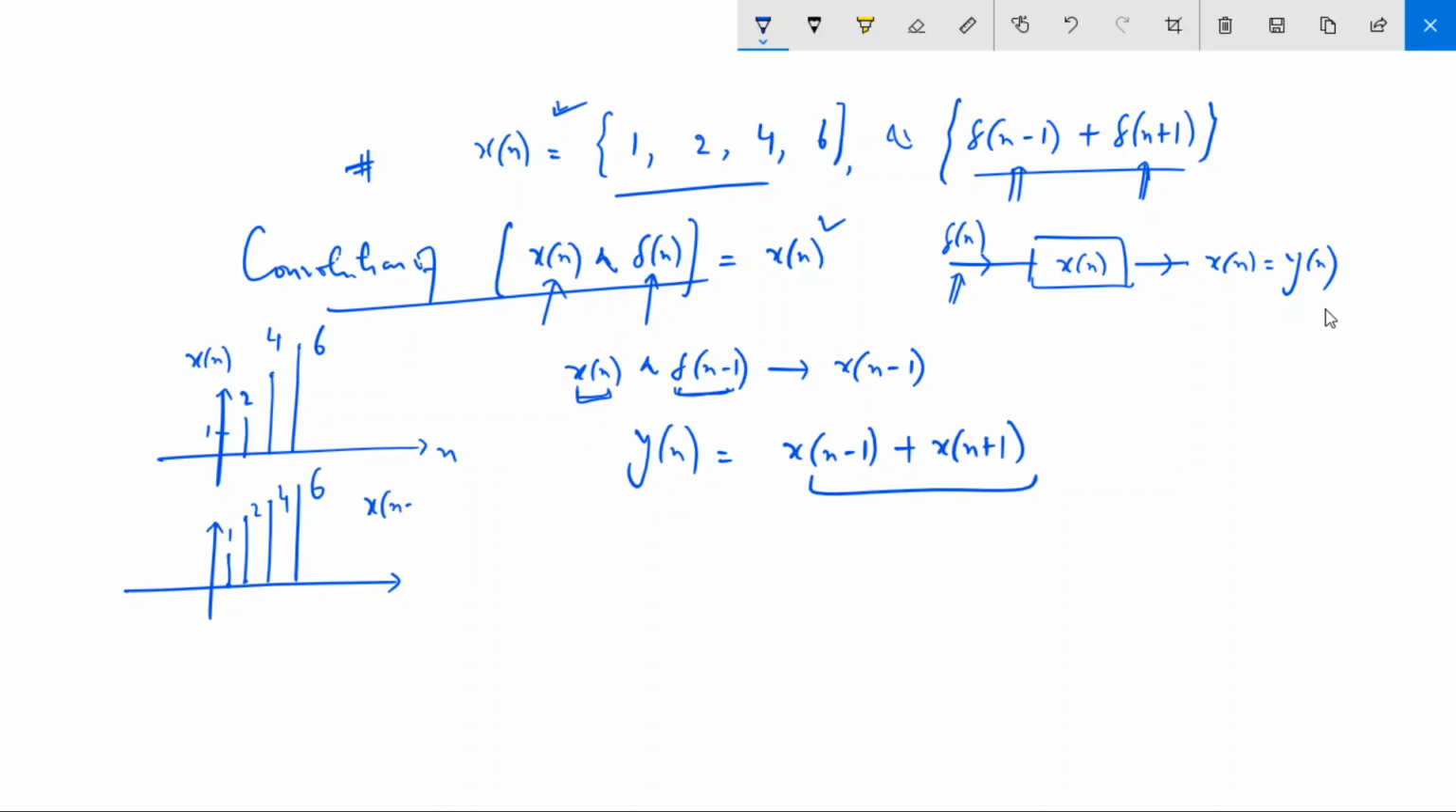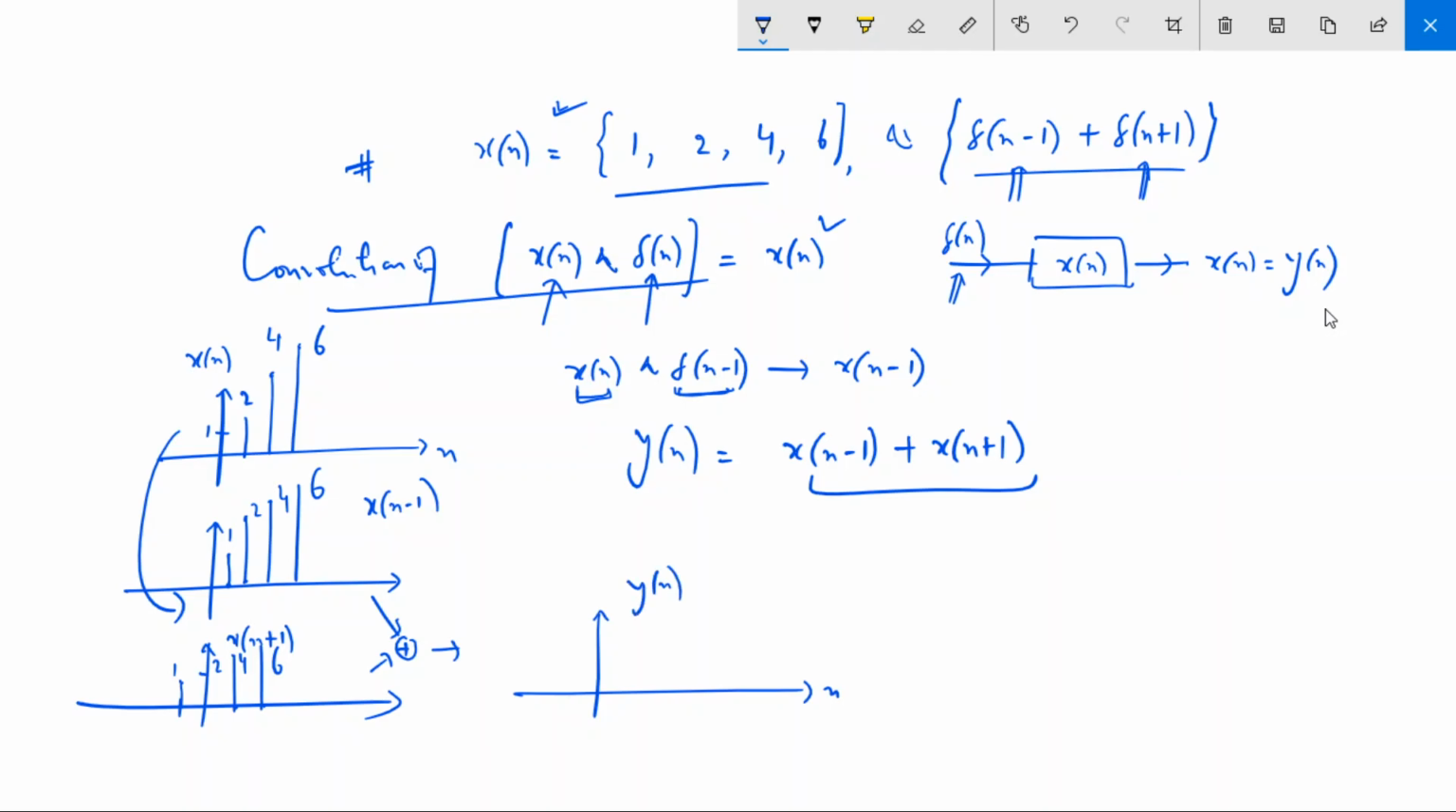This is x of n minus 1. And if you plot x of n plus 1, this is shifted by 1 to the left, so at minus 1 it will become 1, then 2, then 4, then 6. Okay, and when you add these two together, you will get the output